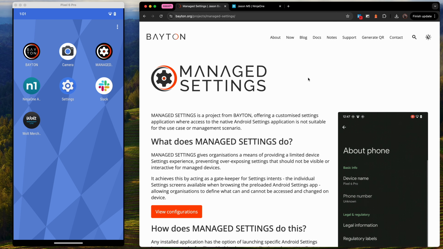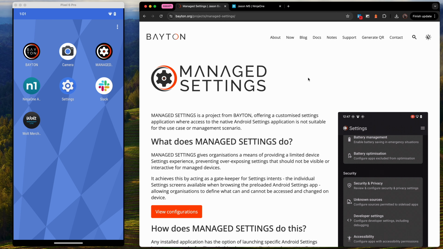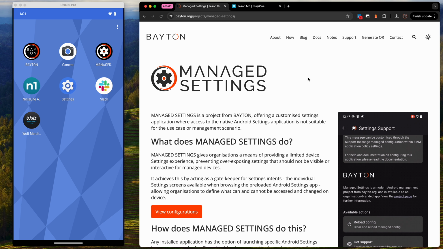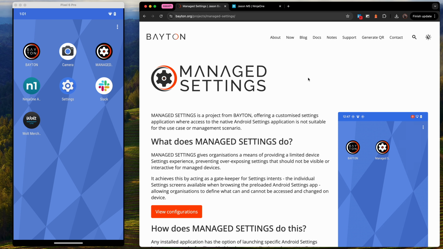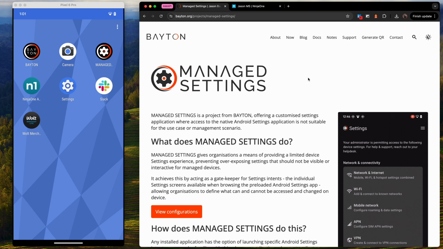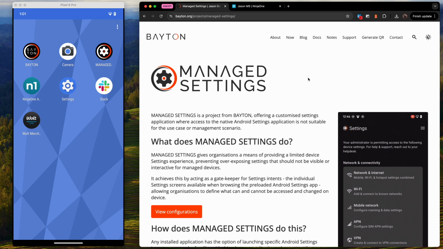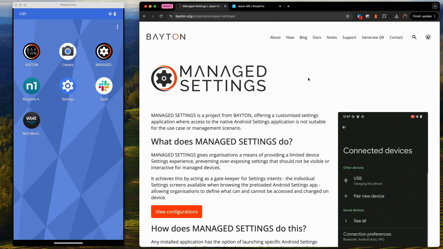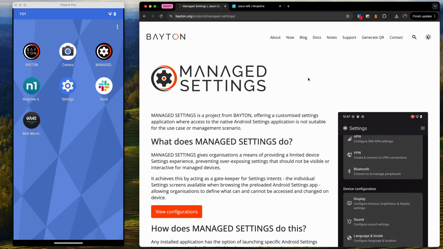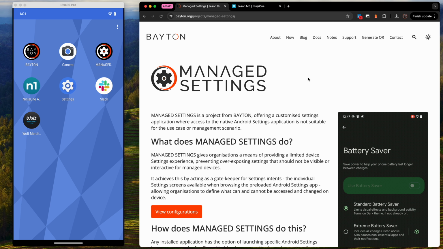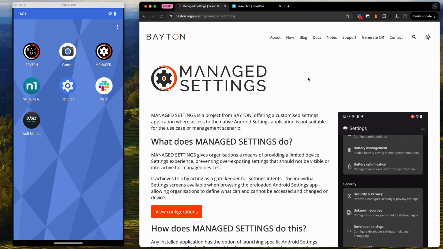And as the proliferation of Android Management API based EMMs has taken hold over the last several months, a couple of years, this type of application has been more in demand than I think ever before. So if you're using an EMM platform and the native Android kiosk environment, you may be familiar with the screen on the left there showing the native Android launcher, or kiosk launcher, I should say. And the expectation is, if you need access to device settings, that you would make the device settings application available,